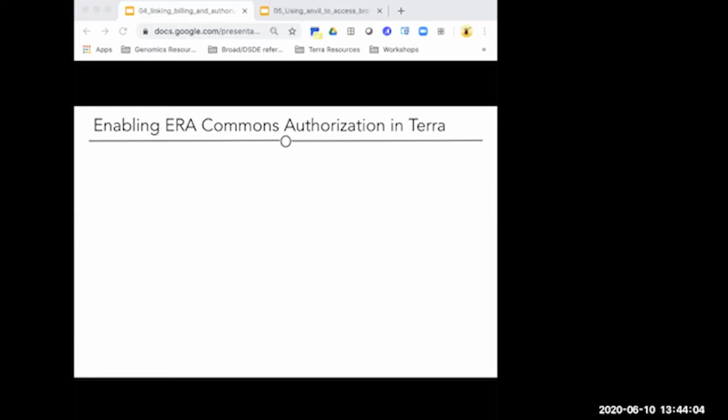Let's talk quickly about ERA Commons authorization in Terra. So you need to link your ERA Commons authorization to your Terra account, which will let you access controlled access data directly within the Terra platform. When you click to link your account, you'll be redirected to,